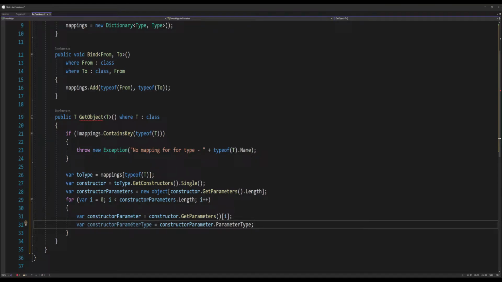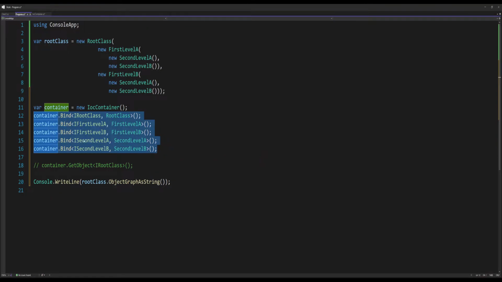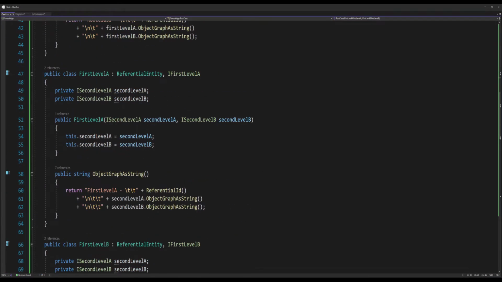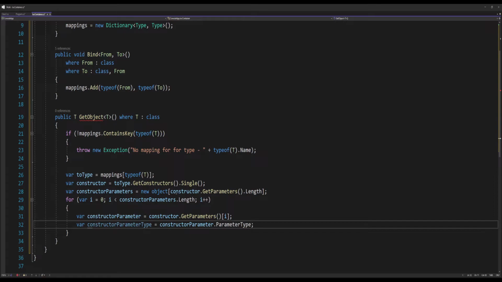So this is now I first level A. So going back to here, I first level A mapped to first level A, and if I go down to here, first level A was right here, and first level A actually has parameters too. It has constructor parameters as well. So I need to construct those things before I can actually create a first level A. So that's where the recursion is coming in. So jumping back to here,